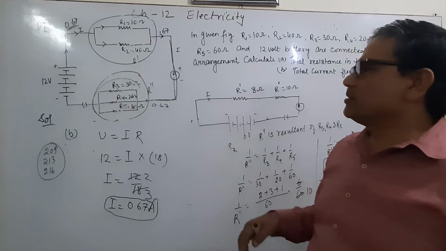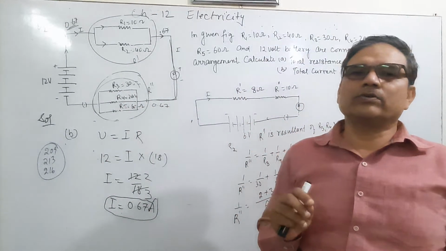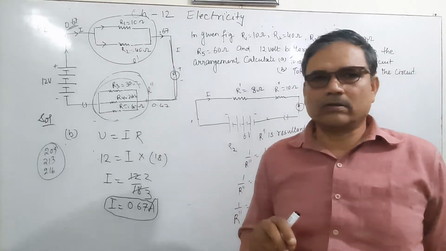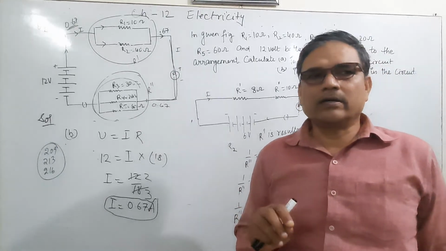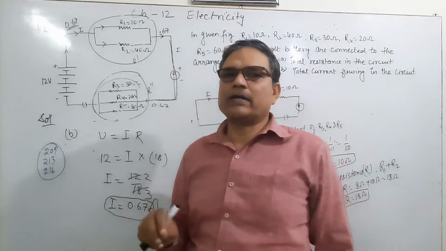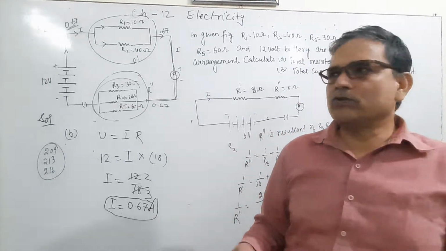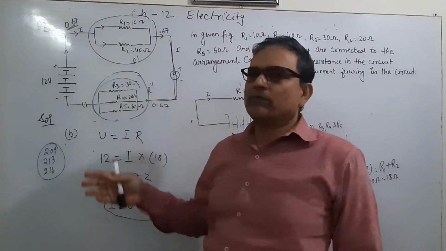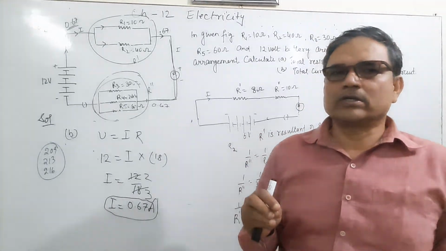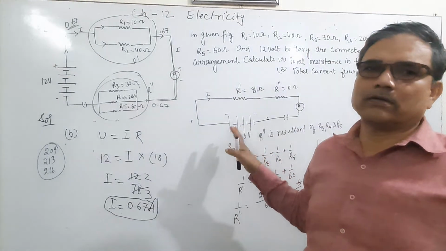And third, individual current is required by the individual electrical appliances. It means the current is not the same for each and every electrical appliance. Therefore, generally in domestic circuits we use the parallel combination. We never use the system of resistances in series in domestic circuits.